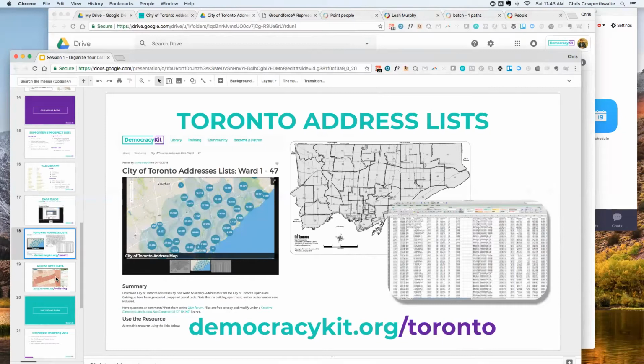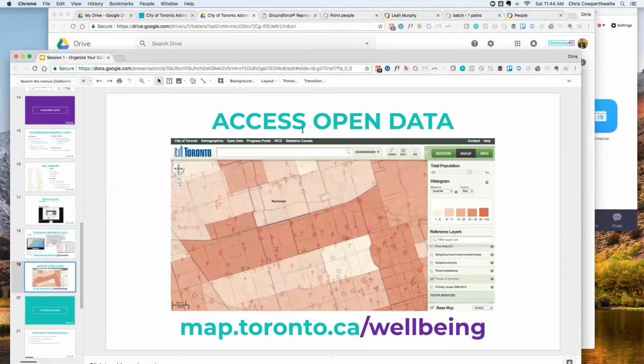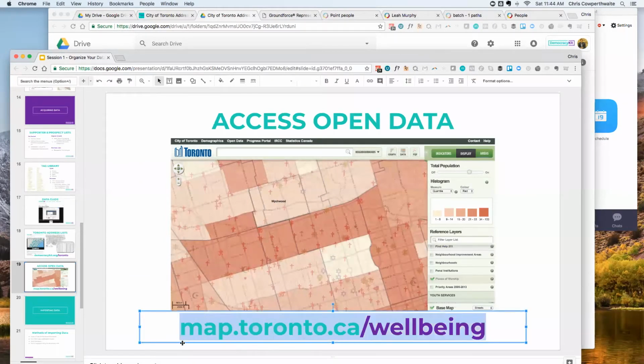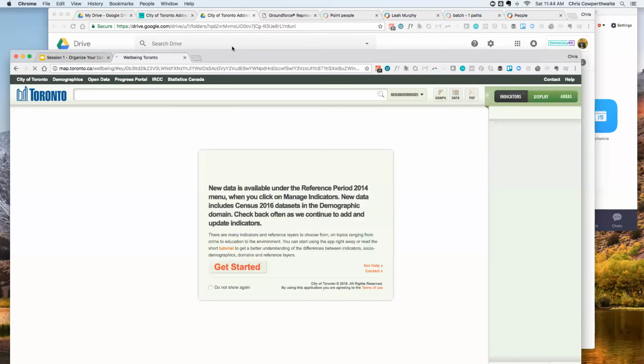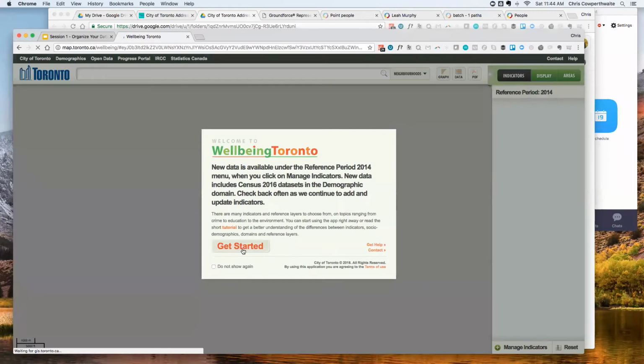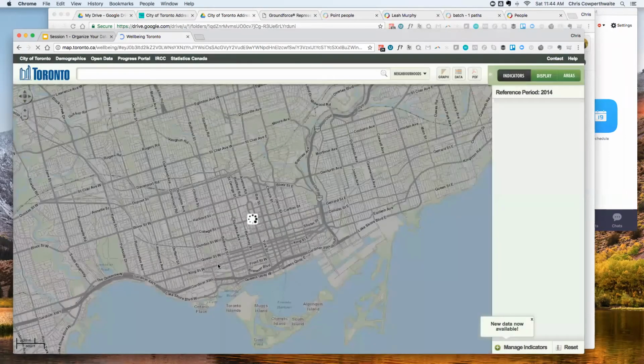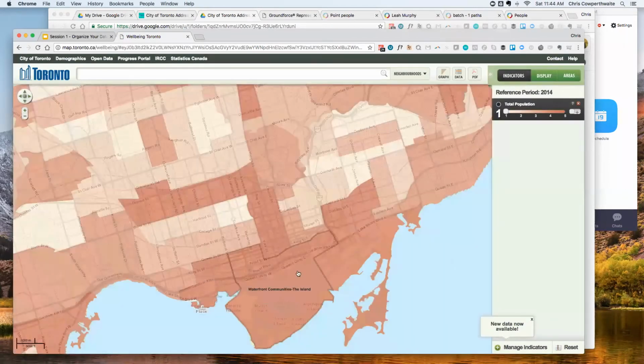While we're on that, I'd also point out that the city has an open data portal at map.toronto.ca/wellbeing. If you're not in Toronto, your municipality may have a similar open data portal. What you can do here is browse your ward of the city and search for things like faith-based institutions or community centers, and often for a faith institution, they'll provide a phone number or an address.